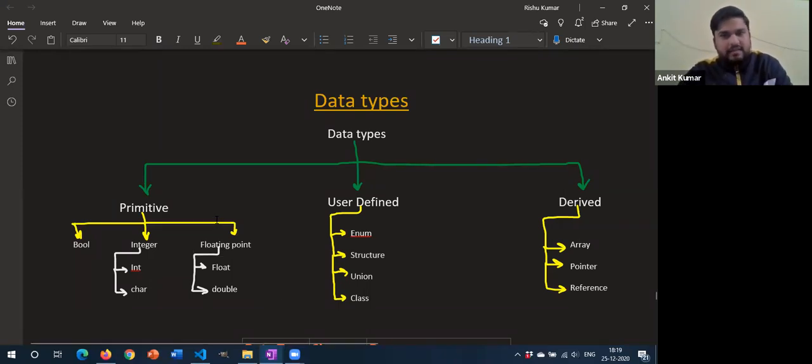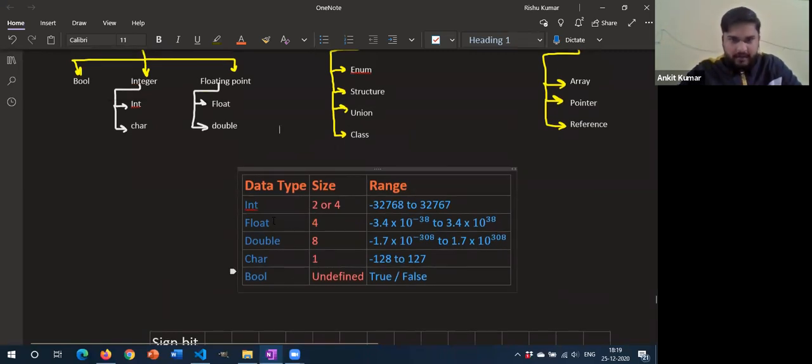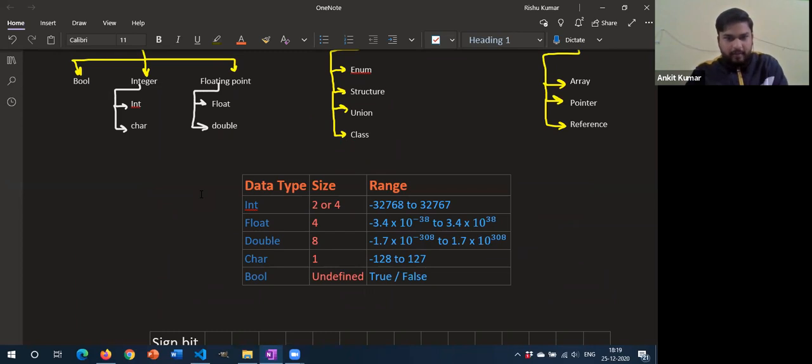You should learn all these data types, or at least remember them, because if you don't know about data types, how can you write programs? So we should have a clear understanding of all the data types. Here you can see I have provided a table where I have written the primitive data types, the size that these data types have, and the range, meaning the maximum number we can store in these data types, because in a computer there is nothing infinite. They have some limited size of memory.